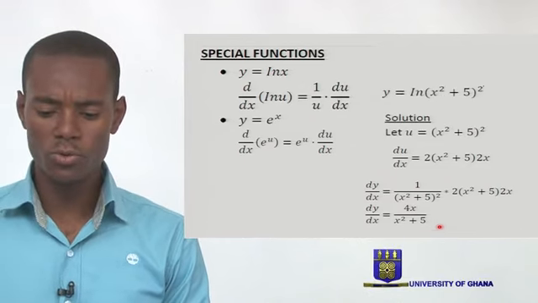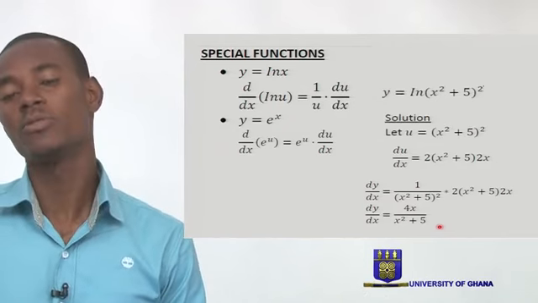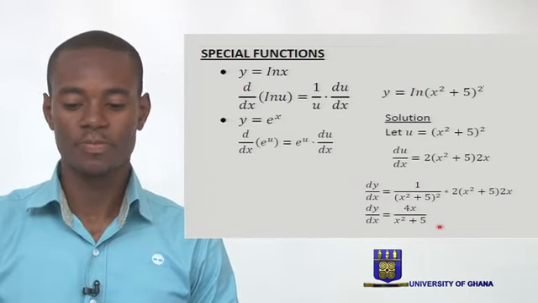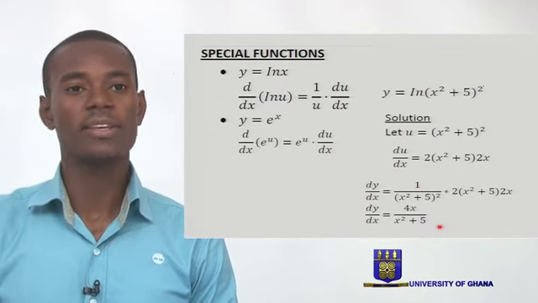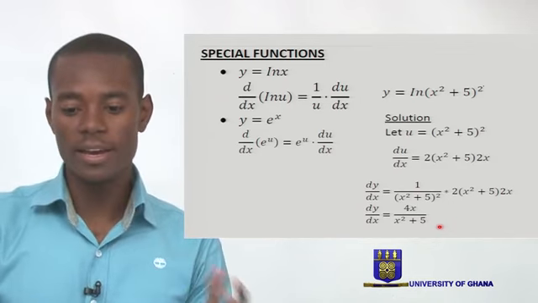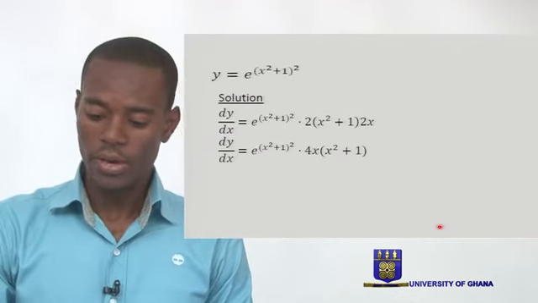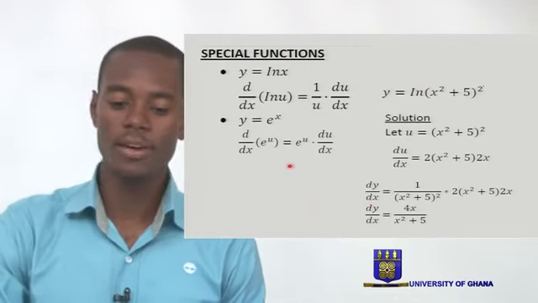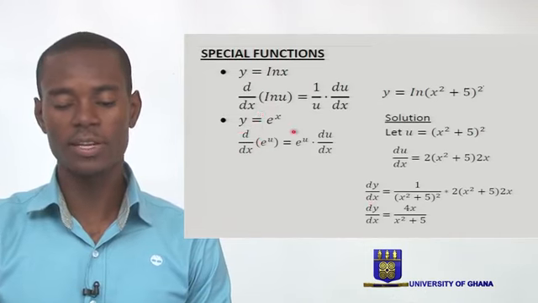So you see the chain rule, we're going to keep using the chain rule in several instances. And you'll see it's just a little practice and you just master it. Identify your inner term, deal with it, and then multiply it by the outer term, and you're done. It's nothing extraordinary. Okay, now another one, another special function here is when we have something that looks like e